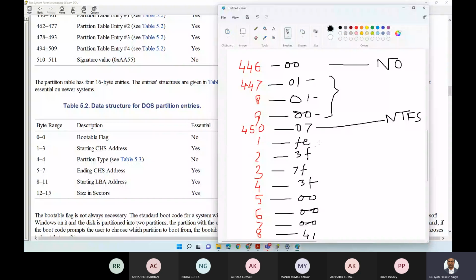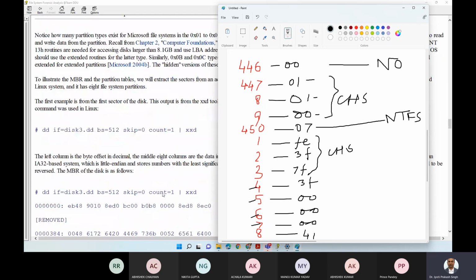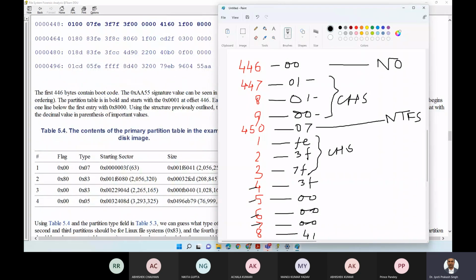फिर 5th 6th 7th, ये 3 जो है वो फिर CHS के लिए है। इसकी हमको जरूरत फिलहाल नहीं है क्योंकि NTFS के साथ CHS काम नहीं करेगा, सो वी इग्नोर इट। देन 8th 9th 10 11, ये स्टार्टिंग LBA एड्रेस है। नाउ इस LBA एड्रेस में चूंकि अब मशीन का वो इंडियननेस देखना होता है, आई थिंक दिस इज लिटिल इंडियन मशीन। सो लिटिल इंडियन मशीन है, इसलिए इसका उल्टा कर लेंगे हम लोग नॉर्मली। तो ये हो जाएगा 0 0 0 3F। ये आई थिंक लास्ट टाइम मैंने पढ़ाया था सबको। हम लोग इस एरिया से पढ़ना शुरू करेंगे, लिटिल इंडियन है इसलिए।